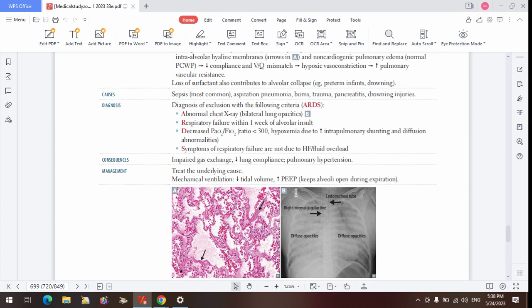Okay, let's look at this. The transpulmonary pressure is the difference between the alveolar pressure and the intrapleural pressure, right? So that means if the alveolar pressure is increased, the transpulmonary pressure will be increased. Do you get it? So if you deliver a positive end expiratory pressure, that means you are delivering a positive pressure at the end of expiration to the alveoli. You agree with me?